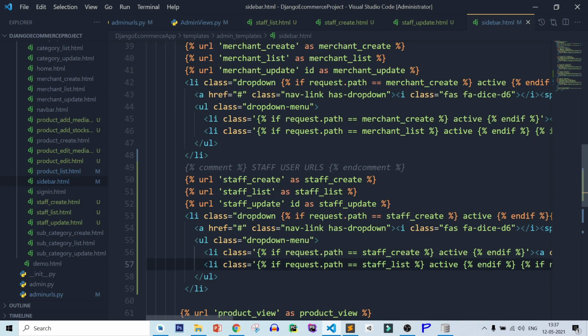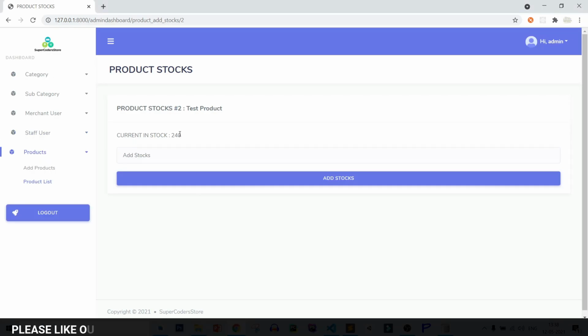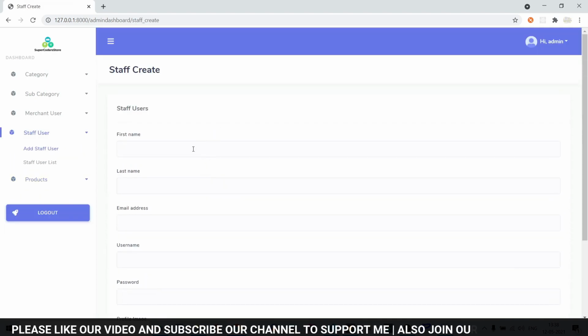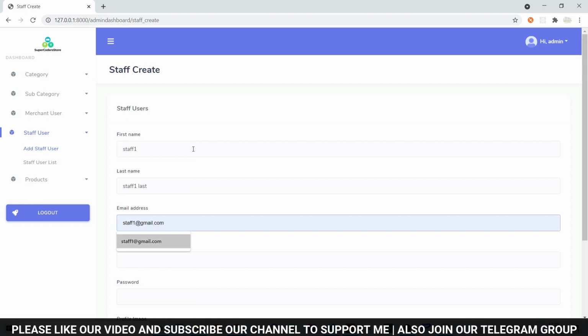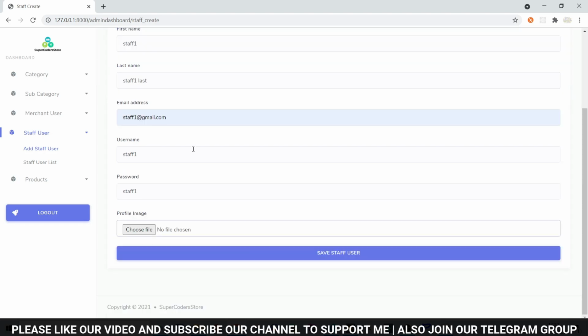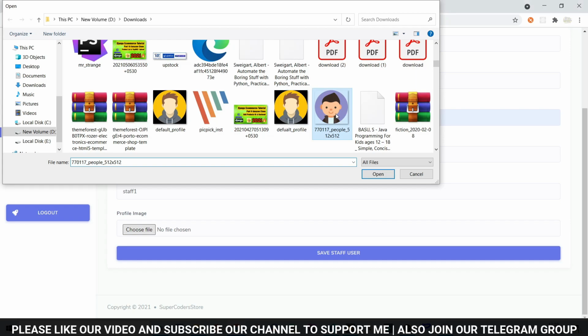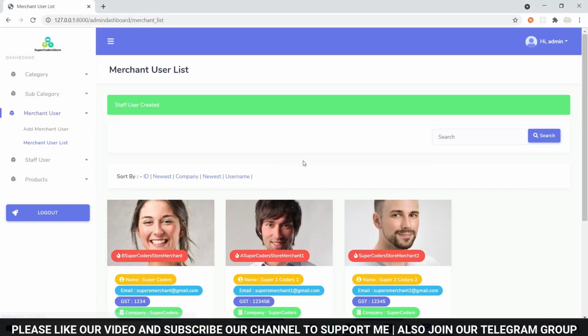Save this file, back to Chrome, refresh page, click on staff user, add staff user. Let's try to add staff user. So staff 1, last. Now adding email ID. So staff1@gmail.com, staff1 username, staff1 password. Now selecting the file. So profile pic will be, let's select it, click on save staff user, and you can see staff user has been created, but it redirects